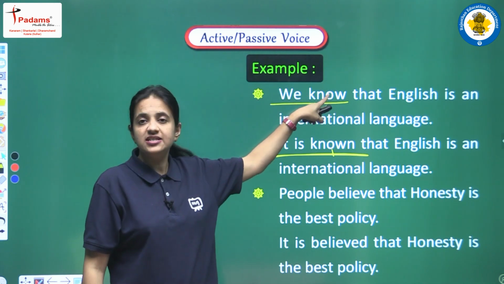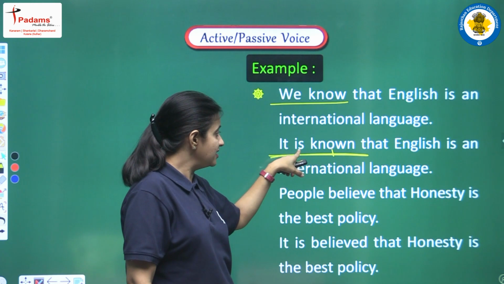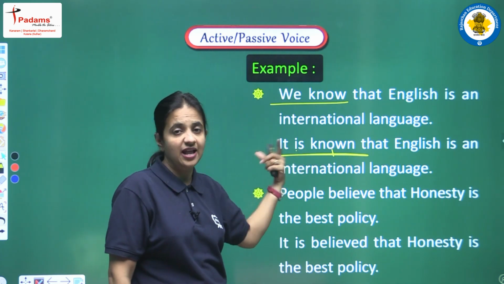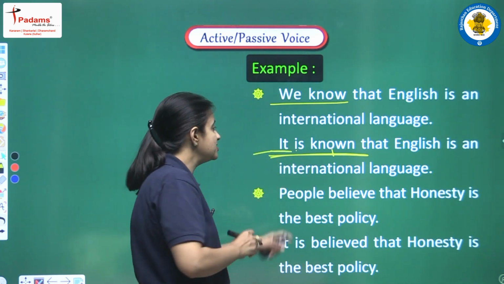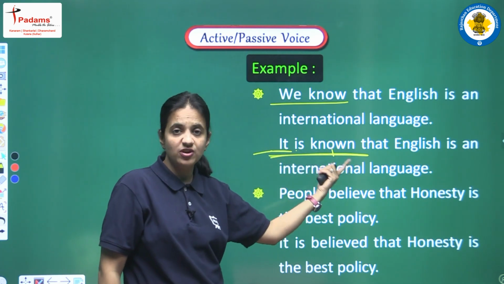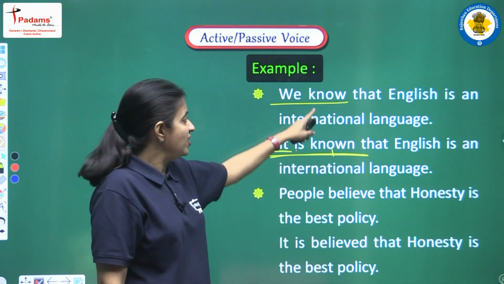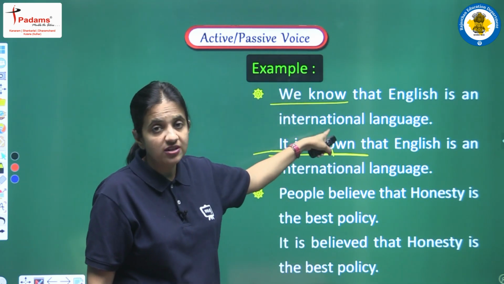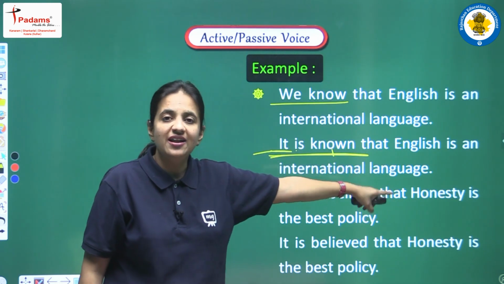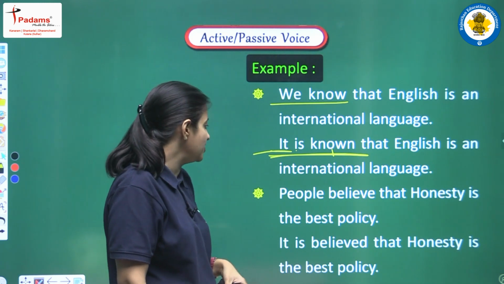हमें यहाँ पे कौन सा टेंस दिया गया है? We know, it means this is present simple tense, and this is the reason we are using is as a helping verb, and our sentence will be started with it. Okay, and we are writing the third form of the main verb. So yes, the rules will be the same, but the important thing here is that we are converting only the main clause, and the subordinate clause we are writing in the same way. Okay, more examples we are having.